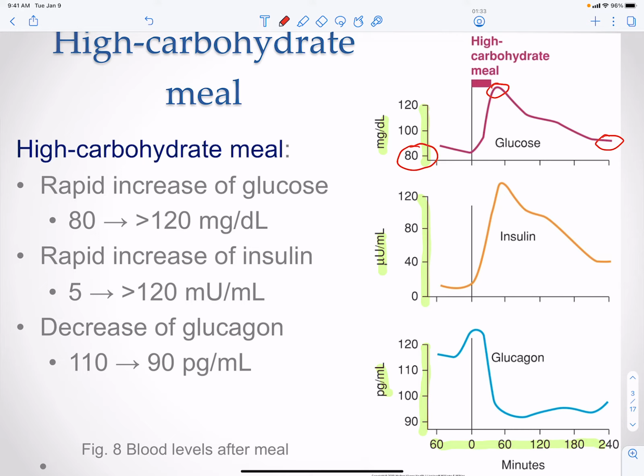Now, if we look at glucagon, we also see that it does not go down to zero. Glucagon never is completely out of the blood circulation. It's always going to be there, ready to respond when insulin levels go down. And you can see that you might have initially a spike of glucagon that quickly comes down, but again, never back to zero. Now, after a high carbohydrate meal, you have insulin levels that are really non-measurable in the blood.